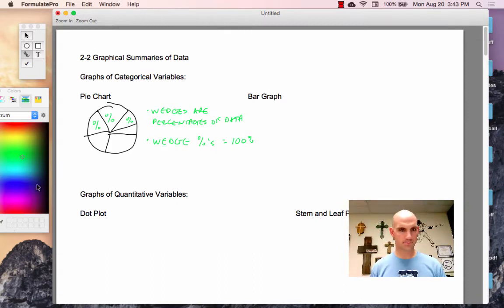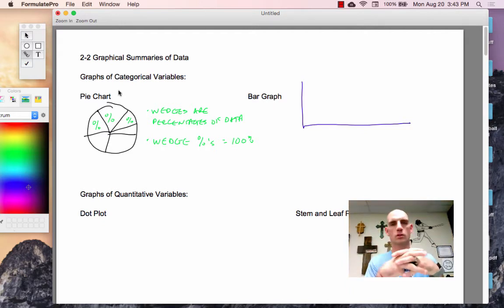Bar graph. A bar graph and a pie chart are ways to represent categorical variables. So we're talking about different categories and what percentage of the data each represents. If you've got 10 dog owners and 2 of them own Labradors, so 2 of 10 would be 20%, then one of the wedges would represent 20%